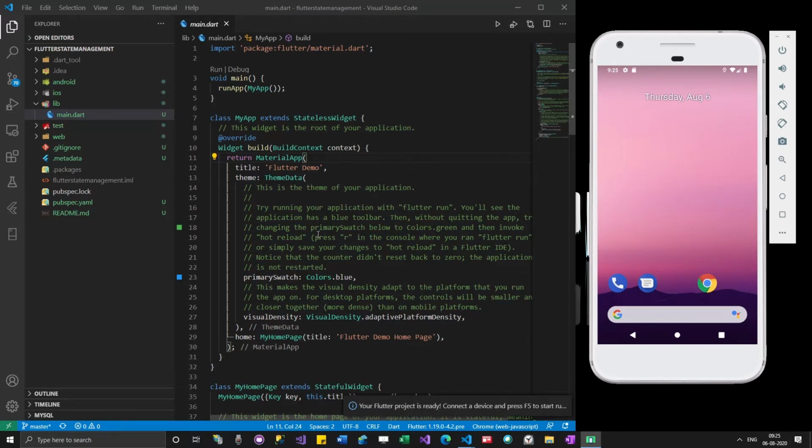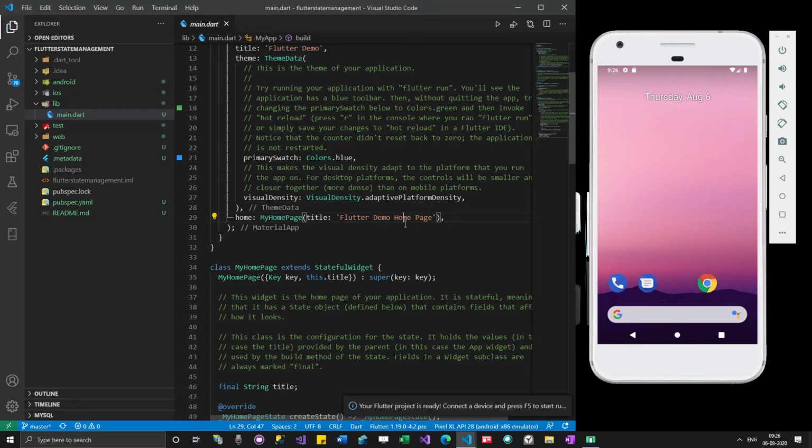So basically we will probably look into set state today, inherited widget tomorrow, and then provider next. Each day we will cover one type of state management. Since you are beginning with Flutter development, set state is very much sufficient for you to start writing your apps. Once you learn the provider, you can try to change your code to use provider. That's how it works. If you directly go for provider, you might not get how to use set state properly. Now we have a default app which is created, right?